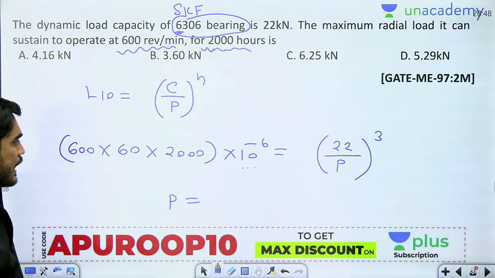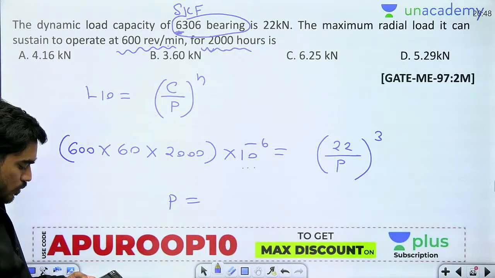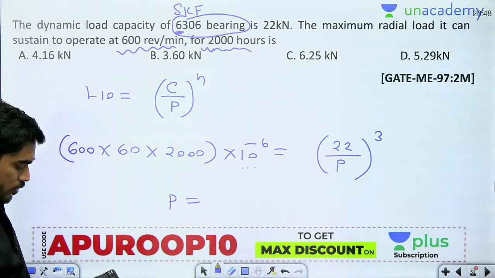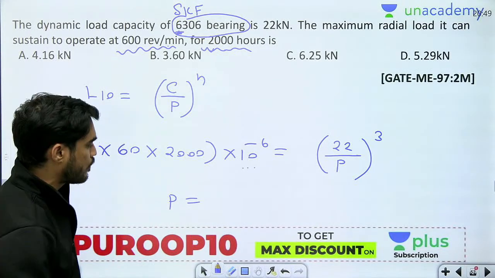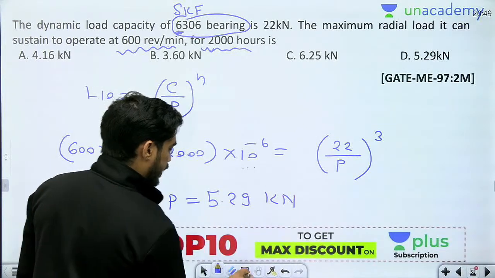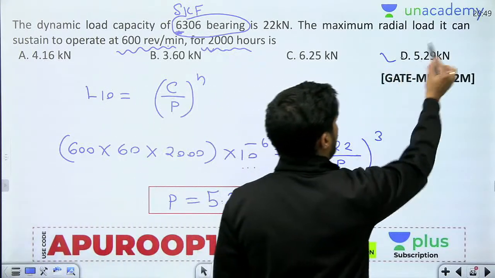So what is the answer? 22 whole to the power 3 divided by 600 into 60 into 2000 into 10 to the power minus 6, under cube. 5.288 kilonewton is coming. So around 5.29 kilonewton, right? Around 5.29 kilonewton. So GATE